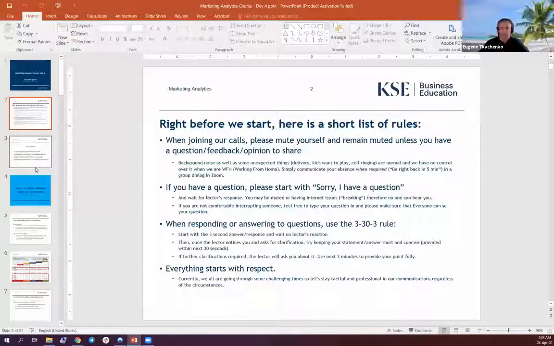And everything starts with respect, because it's a bit challenging time and we're all trying to adapt. I know that some new people are joining our call today and for the following days, so I want to make sure that we have these rules in place. Plus, I believe I'm very responsive to all your inquiries via email. So if you have any questions or occasionally recall something you haven't had a chance to ask or discuss, feel free to send me an email so I can address that.